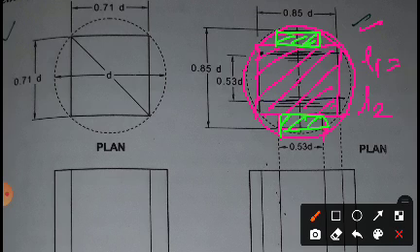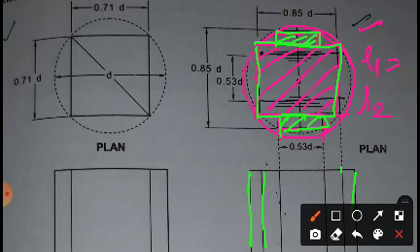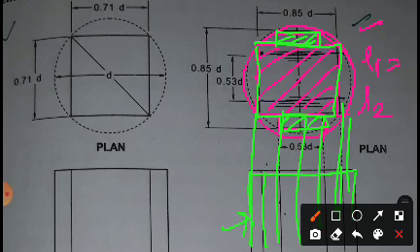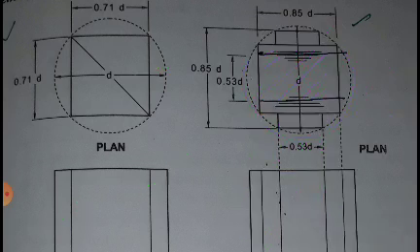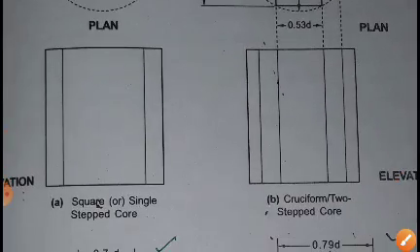Okay, so this is the first core material. If you project this bottom, this is a circle, and projecting the circle gives the core material. So simply projecting these lines, you are going to get this elevation. Similarly, this is also an elevation. This is the plan, this is the elevation. Last class we have seen this.